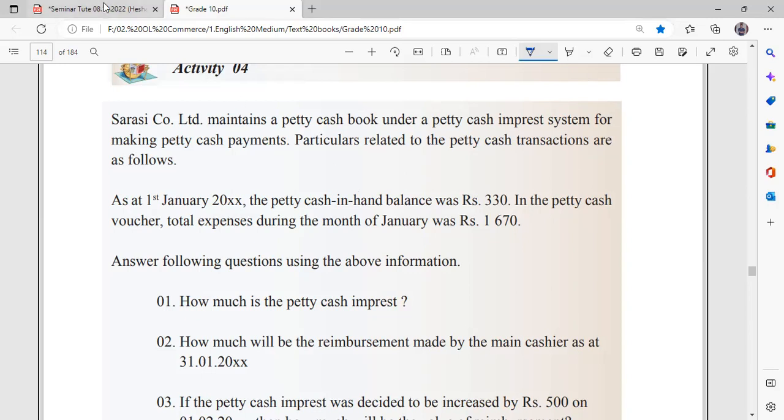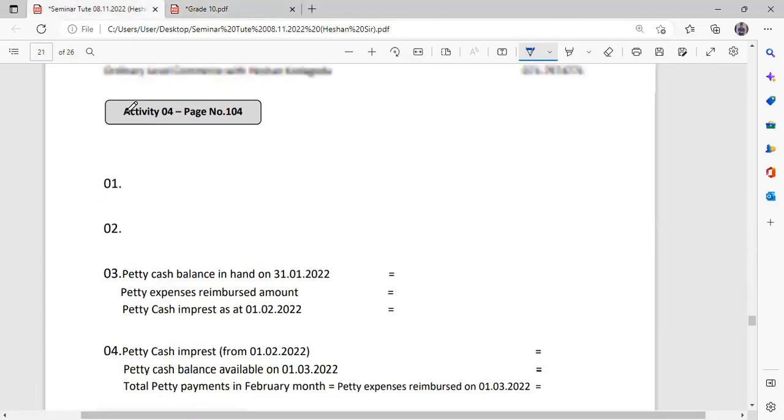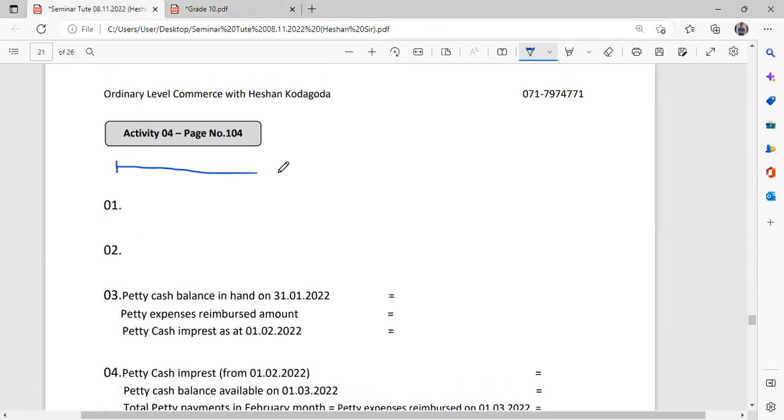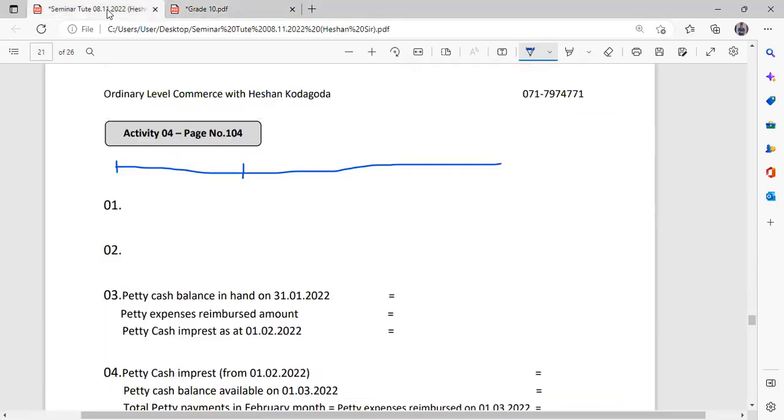So I'm going to draw the timeline first. That's why I kept space in here, right? January. You can identify the March transactions as well, February and March. Okay, so 2022 January,